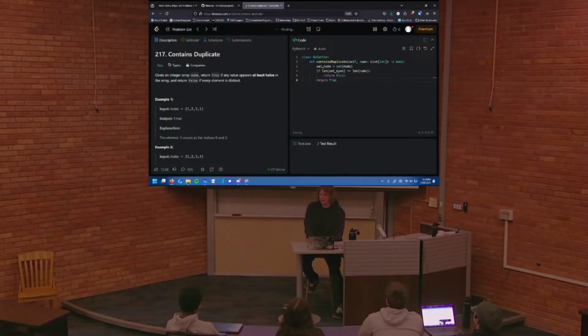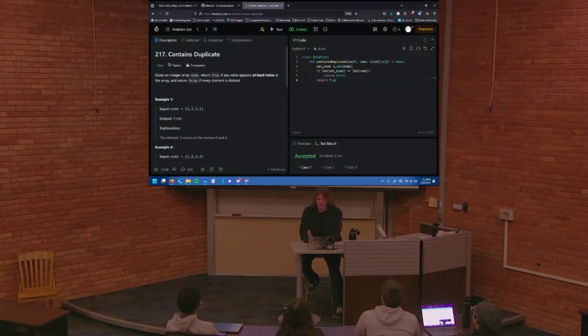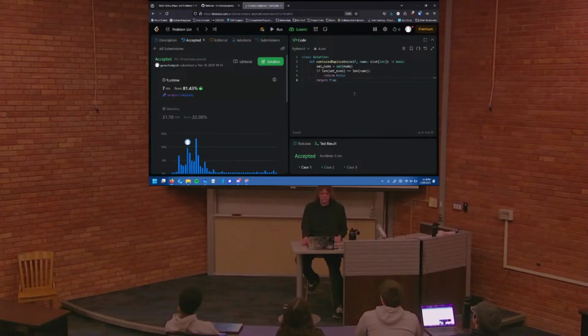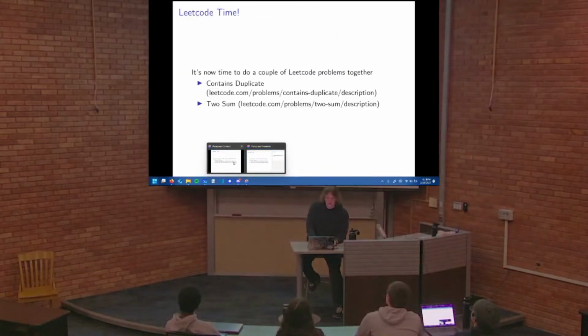Checking if the length of the nums set that we converted is equal to the length of the original nums, which means that nothing was removed. And that means that there were no duplicates, because converting to a set automatically removes duplicates. So yeah, that one's a pretty easy one. We can submit that and see if we get the right answer. Cool. Surprisingly fast. LeetCode does that sometimes. But yeah. So that one was not super difficult, but we can move on to a slightly more difficult one